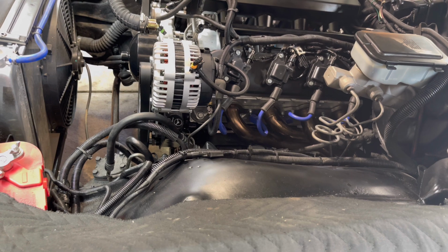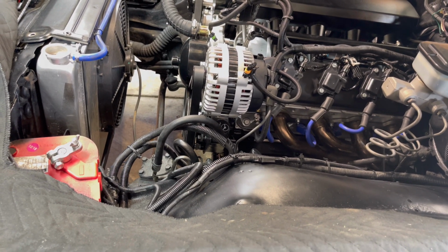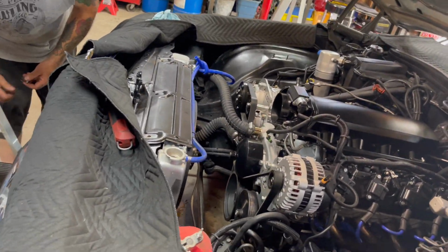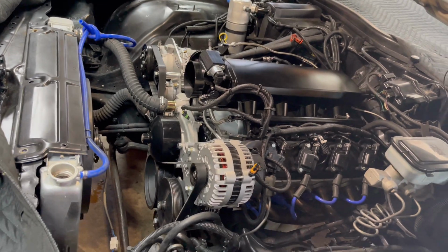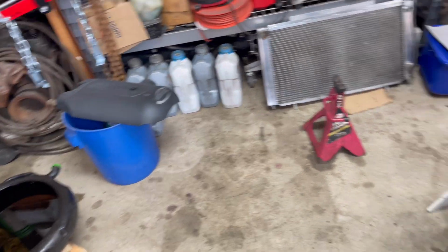And that's the thing. So well, no, I can't run an aftermarket gauge in here right now because there's nowhere in this motor that will let me run a temp sensor in here. I'm gonna have to look that up because this is a newer motor. This is a 2005. Okay. That is a 2001. So